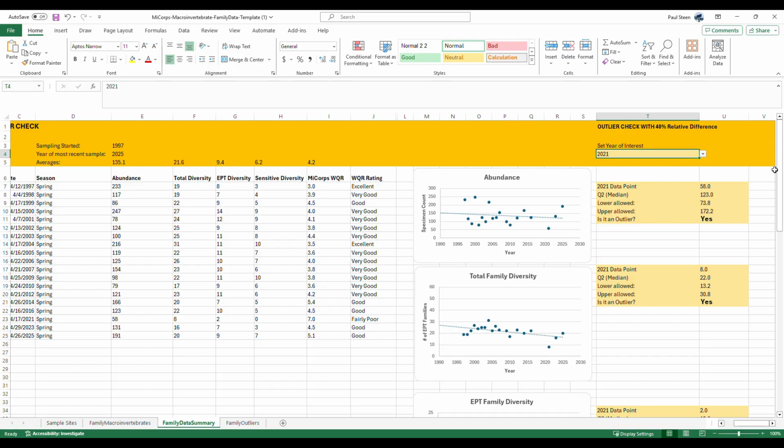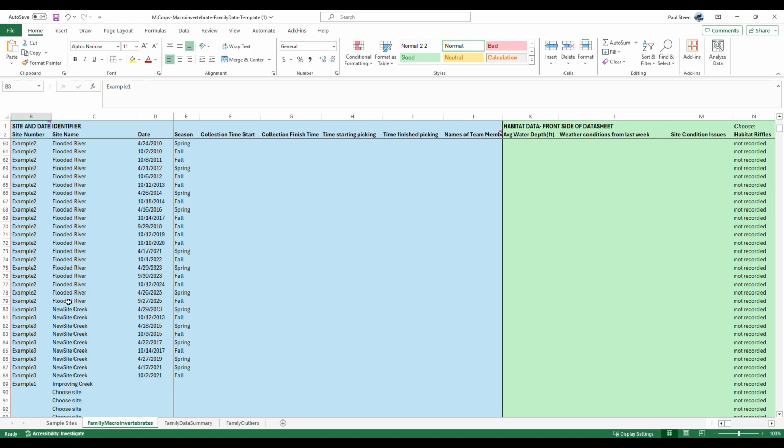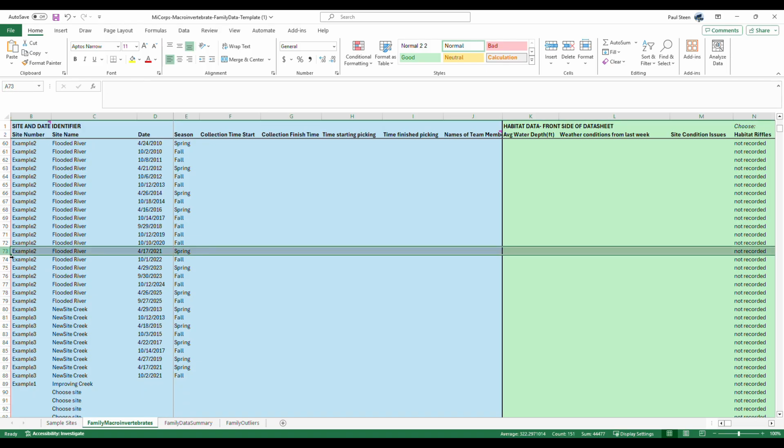In this case, I am going to decide I want to cut this data point from my data record. I feel like it was probably collected improperly in a flooded situation. So to cut a data point, you need to go back to your raw data and find that data point in here. I know it's spring 2021 for the flooded river. So this one right here. So what I'm going to do is